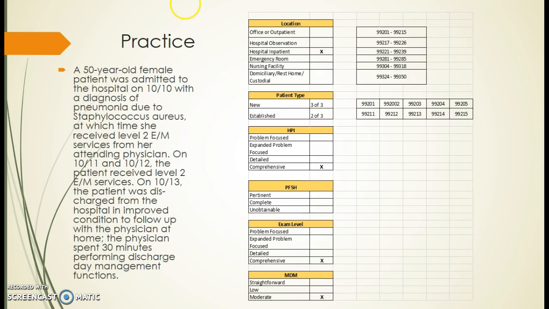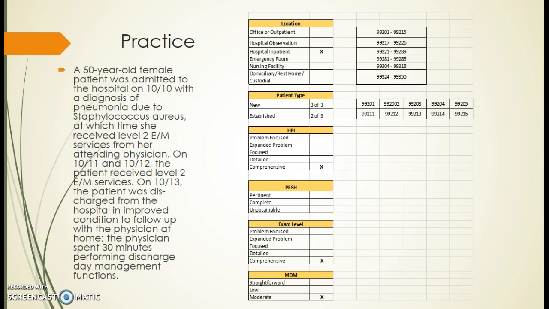Okay, so the next one is a little bit more difficult, and I hesitated on whether to throw these in there for you or not, but this one is a little bit more involved, so try to stay with me on this. Okay, so we have a 50-year-old female patient who was admitted to the hospital on October 10th with